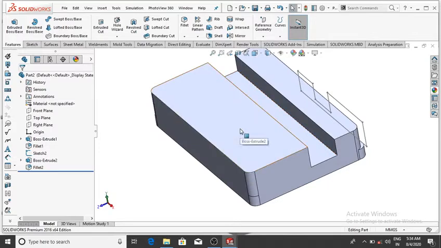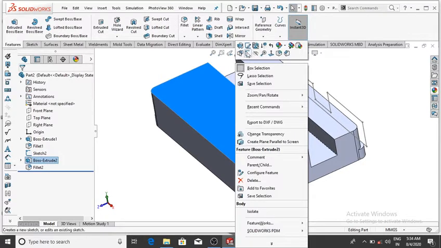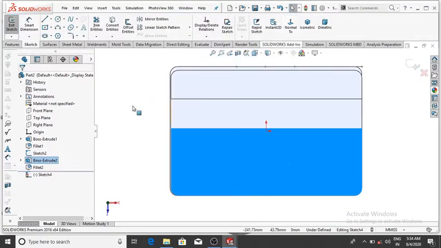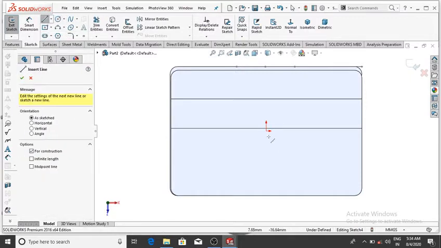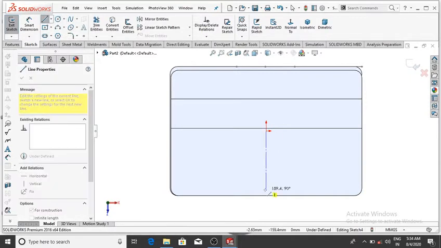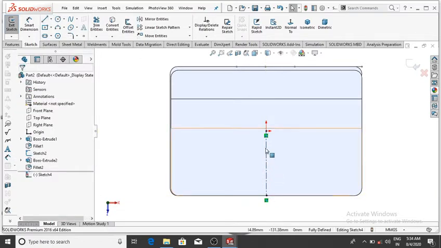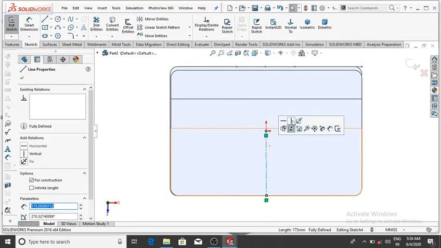Make the extrude cut. So simply select this face, right click, sketch, then normal, and make the center line from this point. So select center line up to this point and ensure that it is vertical.